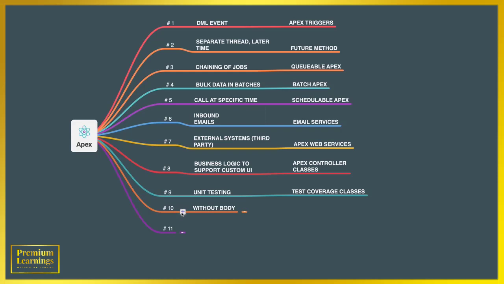Sometimes we need to use Apex code without any body. So in developer console, there is an option to run anonymous blocks where we can run Apex code without any specific body, which can help us to either test our Apex code or to run certain logics just on click of an execute button. And at the end, the very common one, the reusable code, which is called as Apex